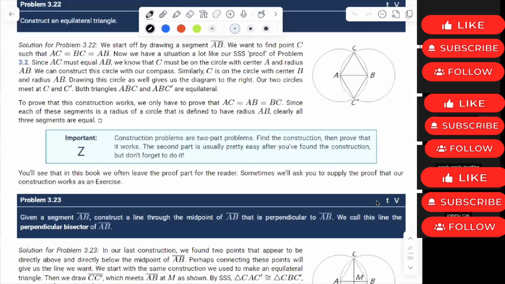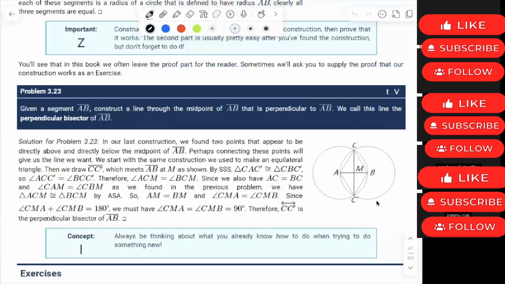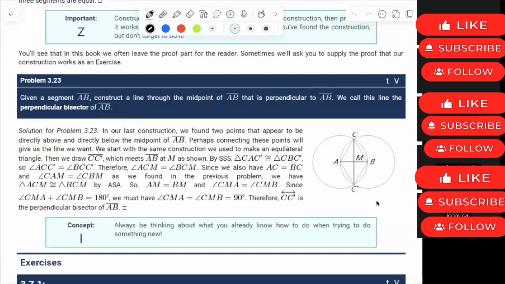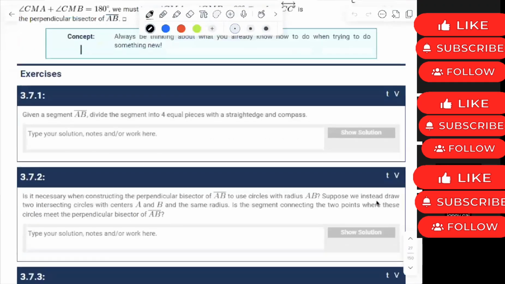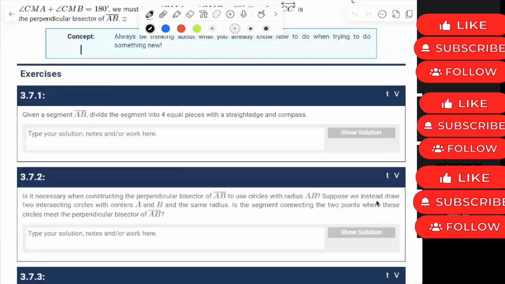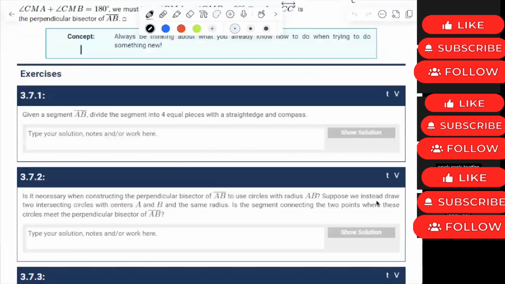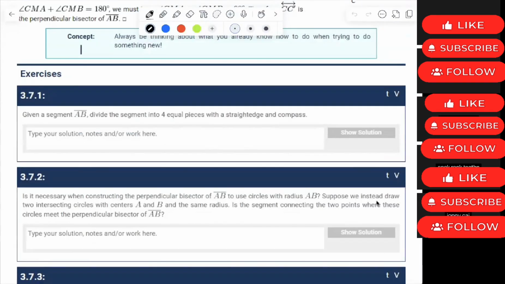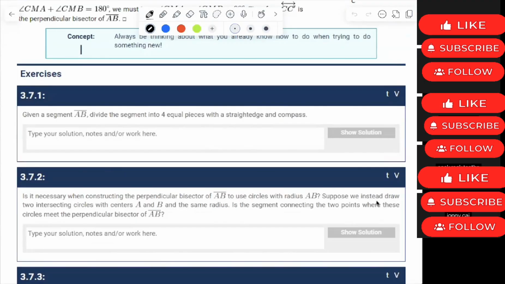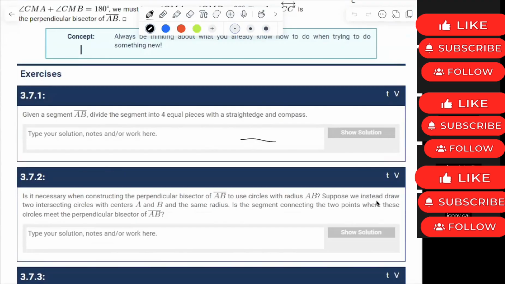Two circle intersections, and you can draw a perpendicular bisector with it also. Right? Now let's move on to 3.7.1. Given a segment AB, divide the segment into four equal pieces with a straight edge and a compass. Well, how would you do this? Well, you would draw this line first,